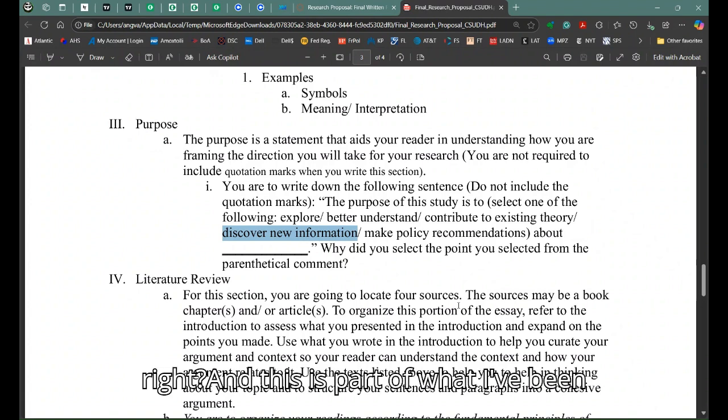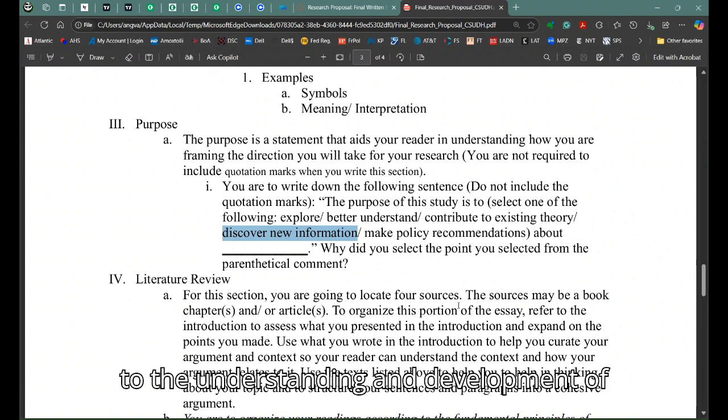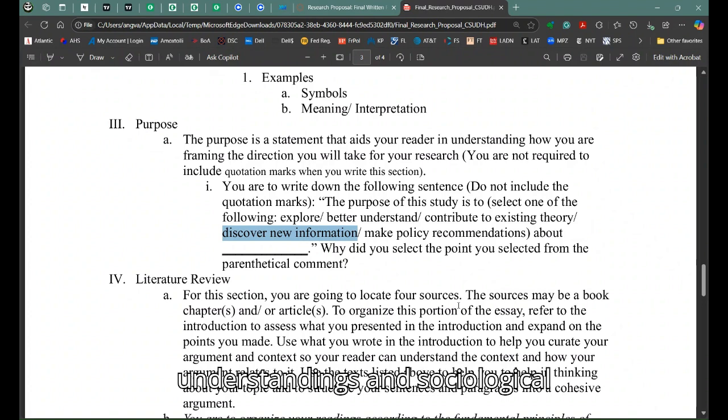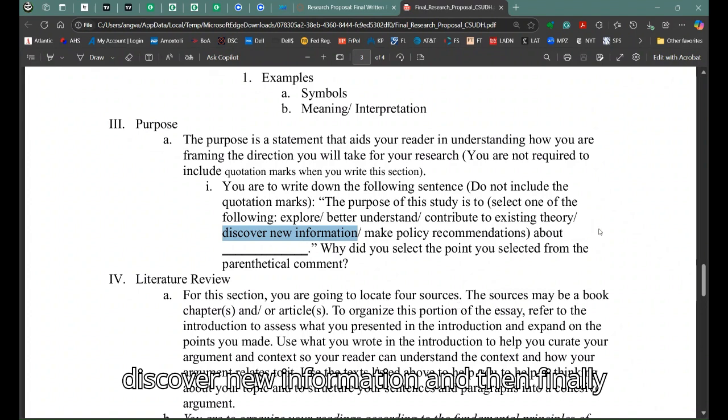And this is part of what I've been having you try to understand, that you also have the ability to contribute to the understanding and development of certain sociological understandings and sociological narratives, right? Hopefully that makes sense. But that's sort of what it means, at least the connotation, when you select discover new information, and then finally